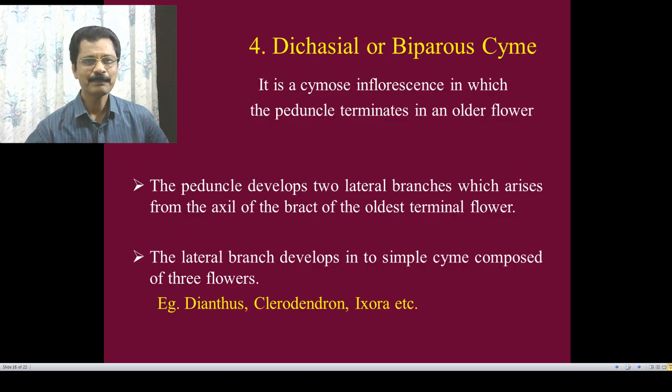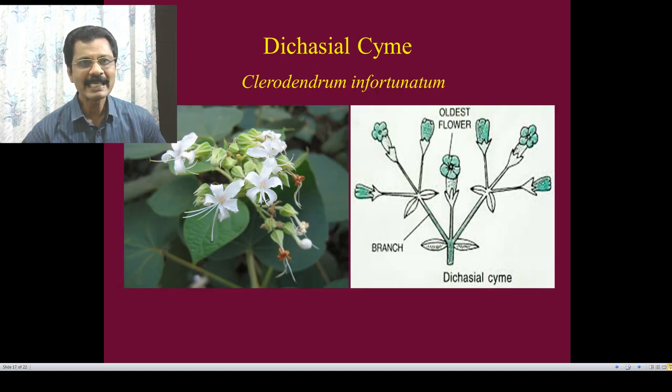Then dichasial cyme or biparous cyme. It is a cymose inflorescence in which the peduncle terminates in an older flower. The peduncle develops two lateral branches which arise from the axil of the bracts of the oldest terminal flower. The lateral branches develop into simple cymes composed of only three flowers. Example, dianthus, clerodendron. So you can see this is clerodendron, the peduncle ends in a flower, and this peduncle develops two lateral branches,